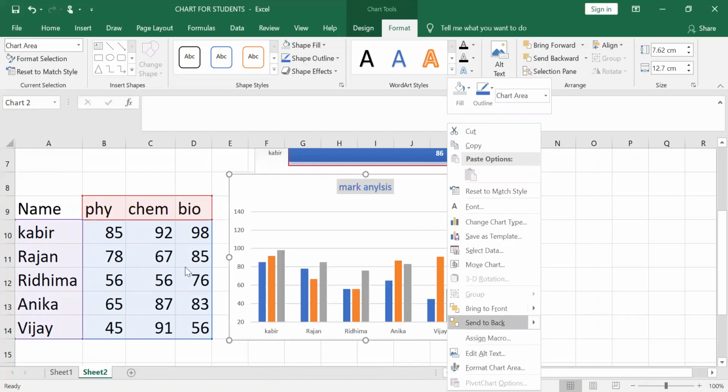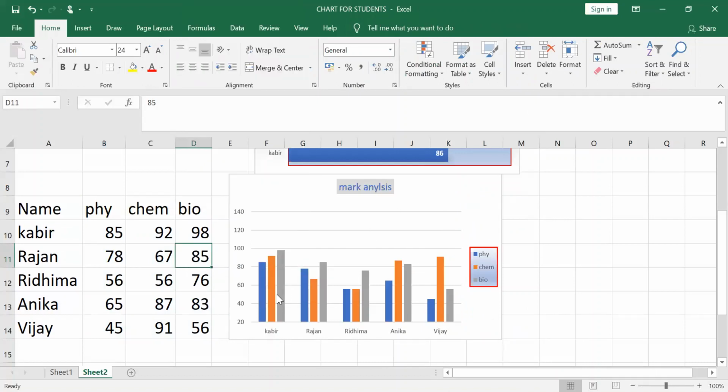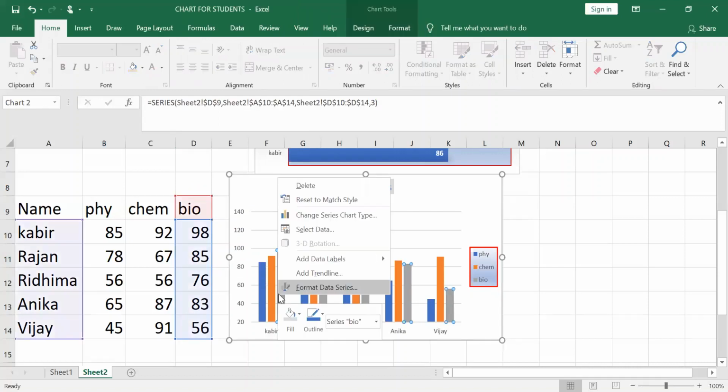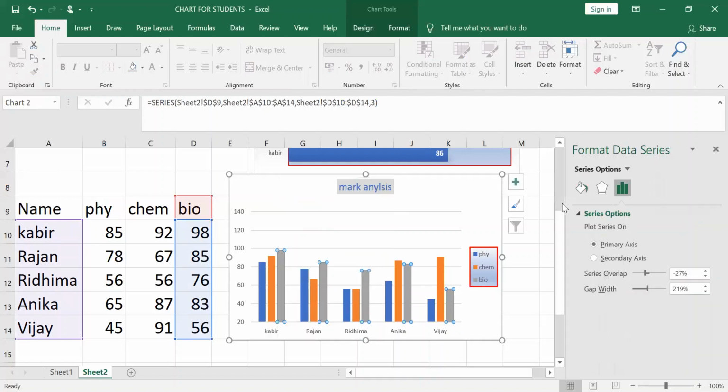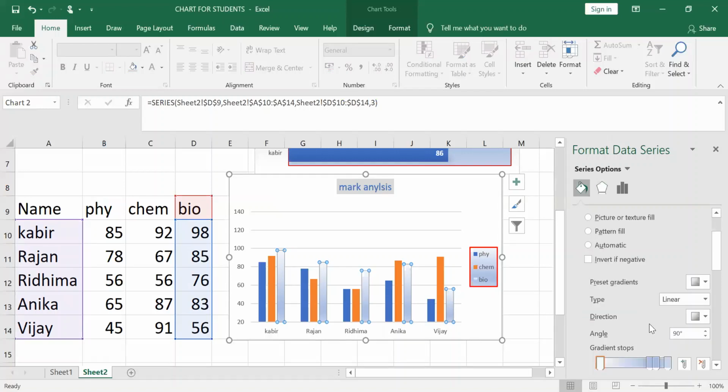First click on the chart. Now right click on any bar; I am selecting a data series, and then I get the Format Data Series option. If you click on Format Data Series, the same things happen: Fill, the background, the border and the color. You can do all of this like the Fill tab. See, for solid fill, and for gradient fill, the selected data series changes. You can also give different colors here.